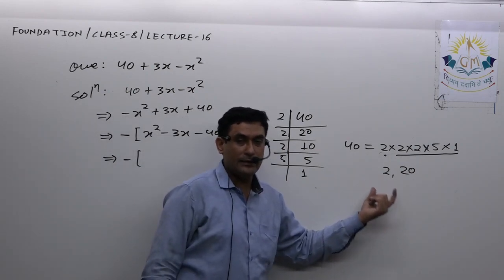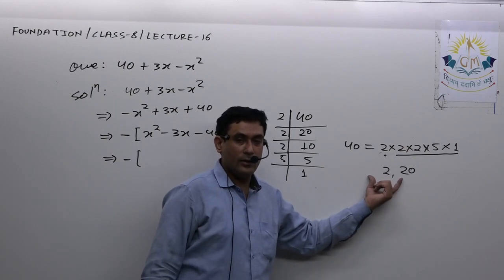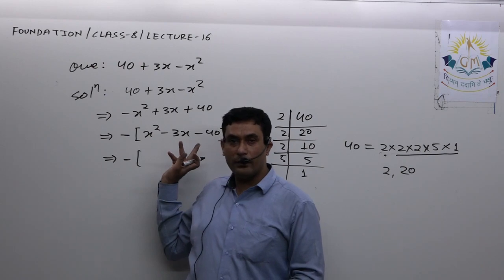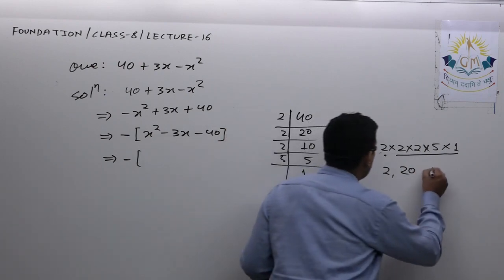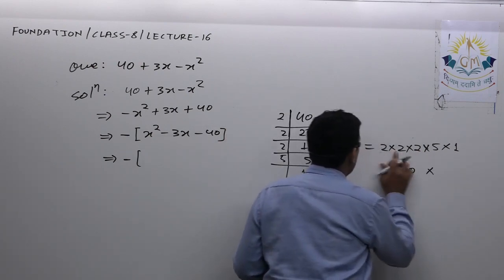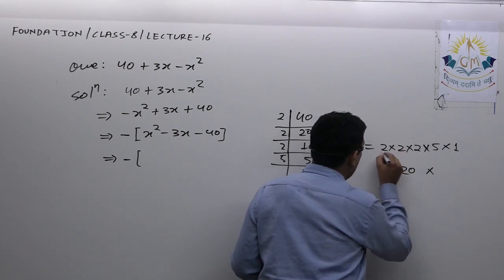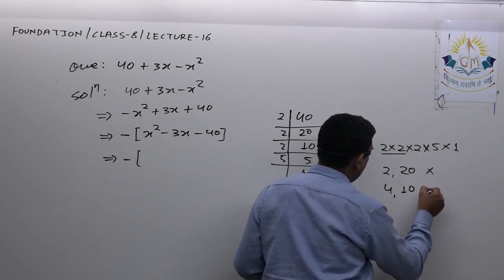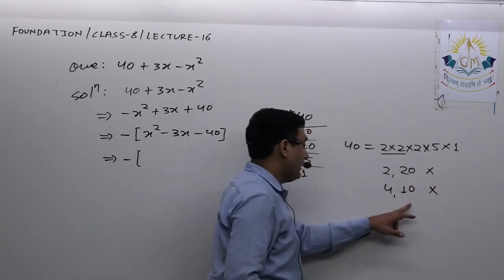That means do check addition as well as difference. So addition is 22, difference is 18. Neither it is 18 nor it is 22. That means this is an incorrect combination. So now if I do these two, 4 and 10, again it is incorrect because their sum is 14,